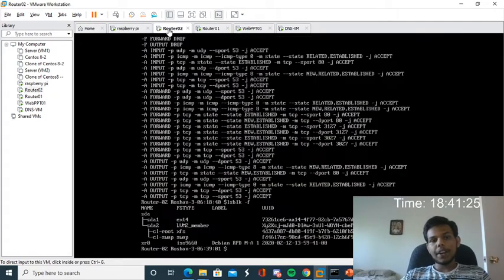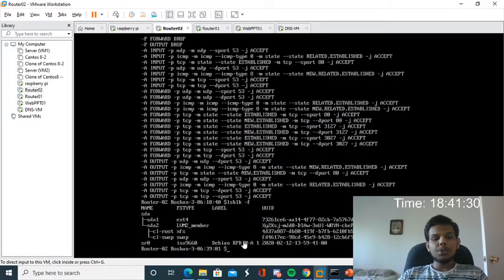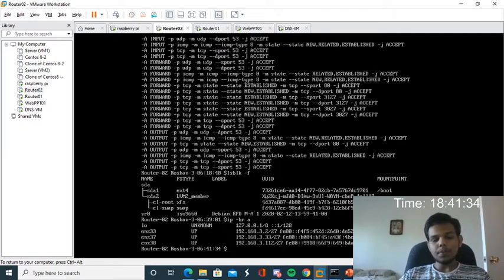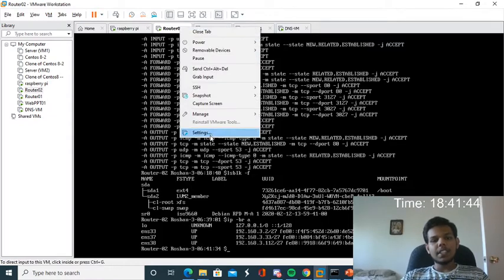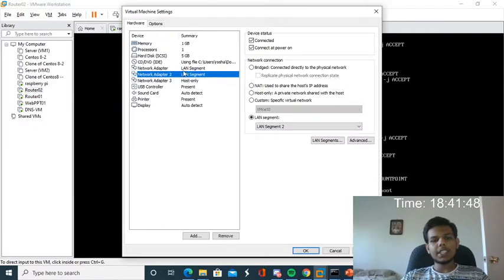In my router 2, I am getting the IP address from my Raspberry Pi. In router 2, if I type ip br, you could see it has the IP address 192.168.3.2 slash 27. If I click settings, you could see it is connected to LAN segment 1.